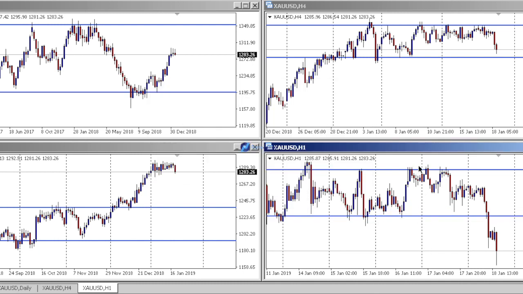And as you can see, price has broken out of the range to the downside. This would be an ideal area to sell because it's been tested way too many times. And a breakout has been due for a while. So for the past 3 weeks, price is trapped between these 2 levels. So with this information, if I was taking a sell trade here, I would know to be careful because